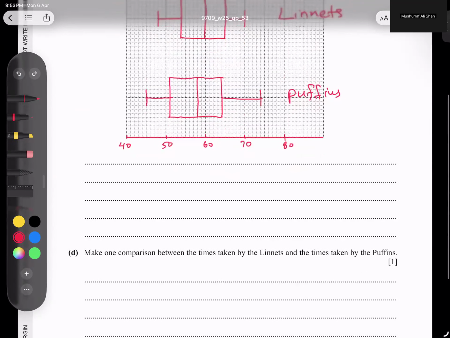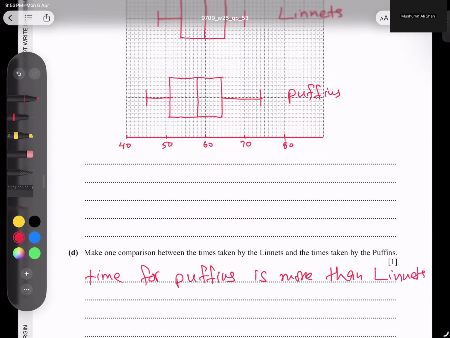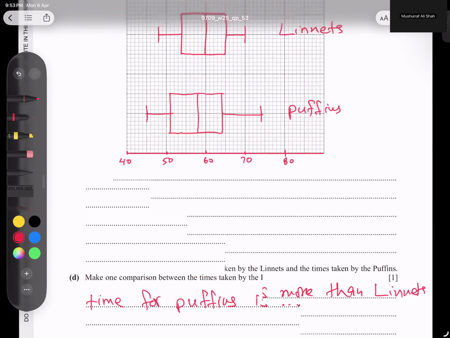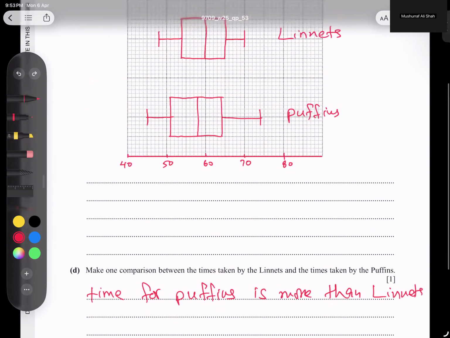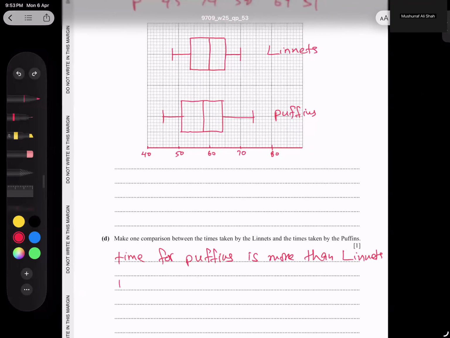So time for puffins is more than linnets. And one extra part, you can see the range: this interquartile range is smaller and here it is bigger. Do you know, students, if the interquartile range is smaller, it is more consistent, and this is less consistent. I can say time-wise, due to the small